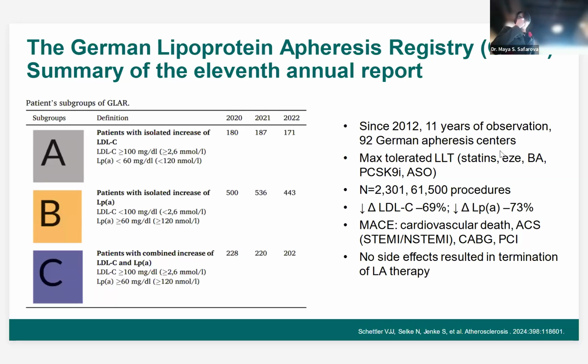This is recent data from 2024. That's registry-based data using 11 years of observation, more than 2,000 individuals, LDL approximately 70% reduction, Lp(a) approximately 70% reduction, and they looked at adverse cardiovascular events such as death, acute coronary syndrome, bypass surgery, and coronary stenting. And what they found was